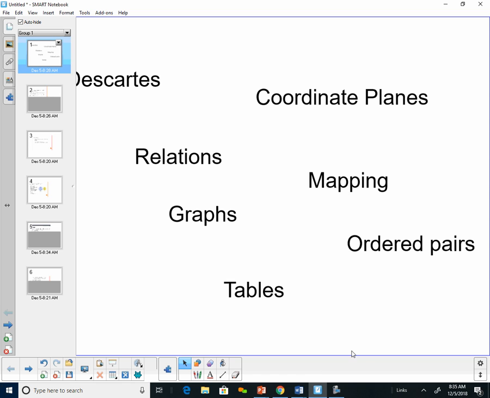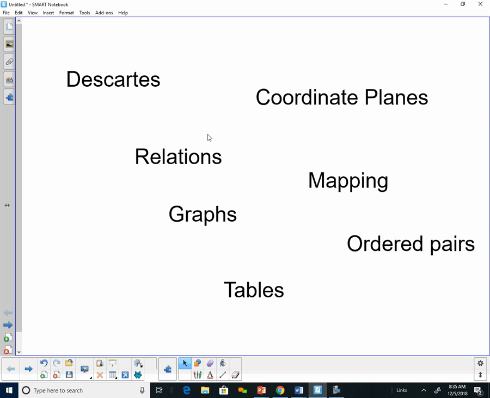All right, today we want to do a quick review. First of all, the individual that created the Cartesian coordinate system was Rene Descartes. He invented the Cartesian coordinate planes, which we've shortened down now to coordinate planes. Remember, coordinate planes is your x and y axis,